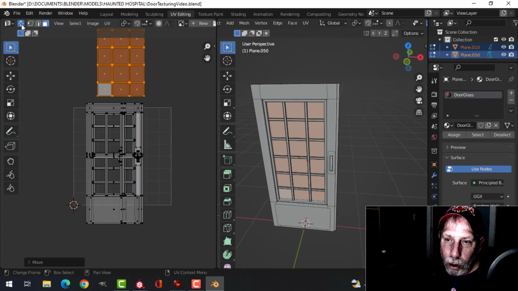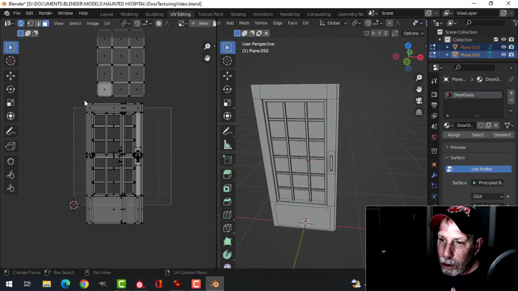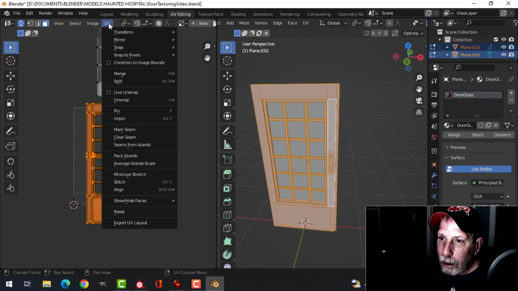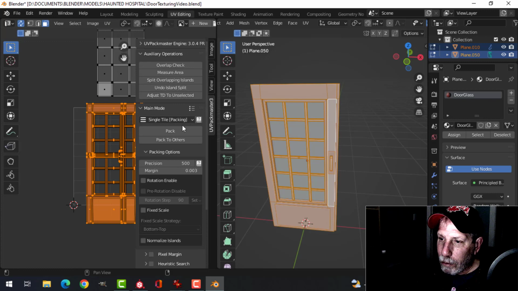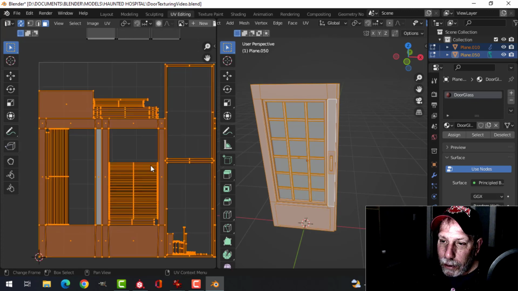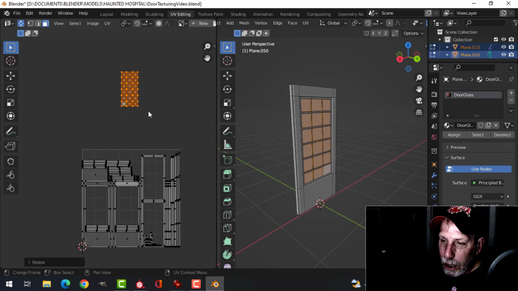Right now I've got UV sync on, so I can see what I'm doing. And then I'm going to box select the door stuff, and I could unwrap from here, or pack, I'm sorry. But in this case I'm going to use UV Pack Master 3 and uncheck rotation enable so it doesn't rotate, not that that would matter really, and just press pack and get as much space as I can. I'm going to take this and scale it down,